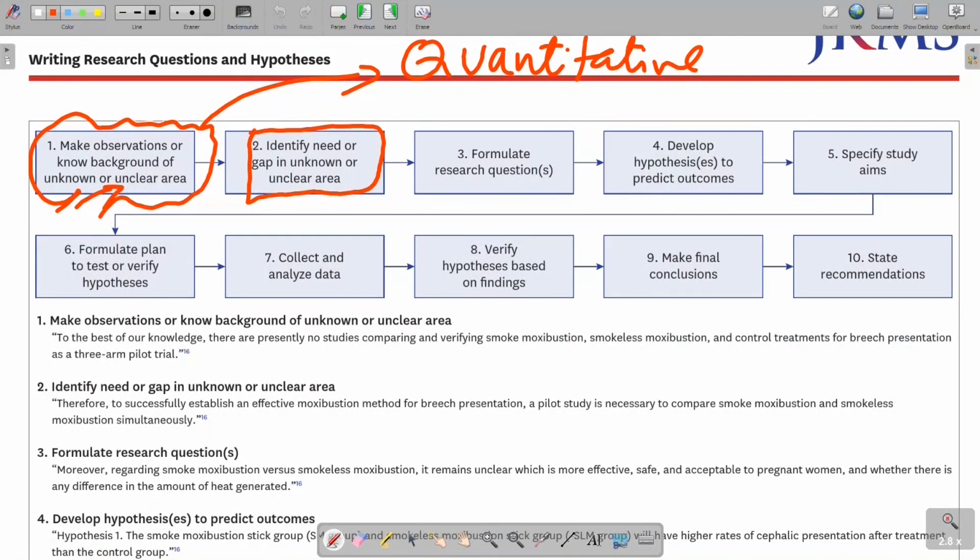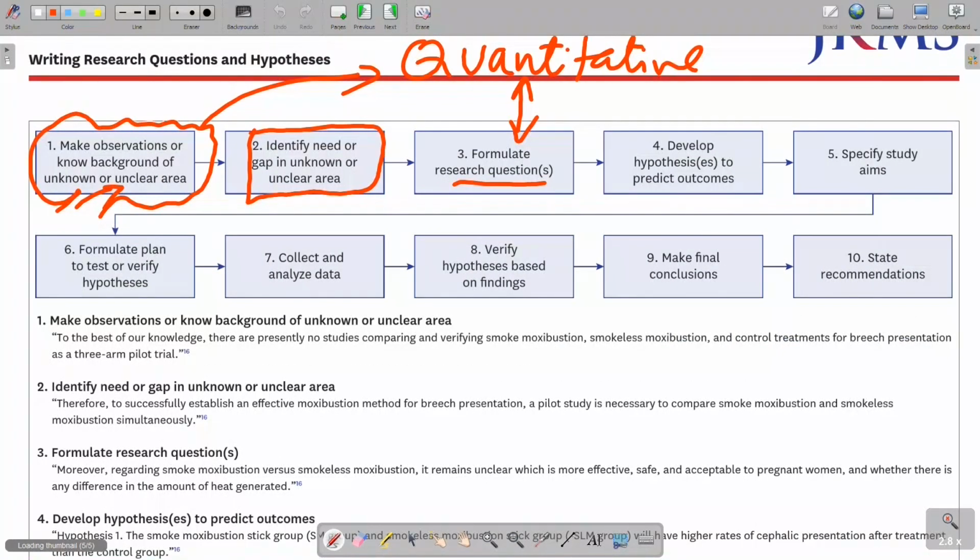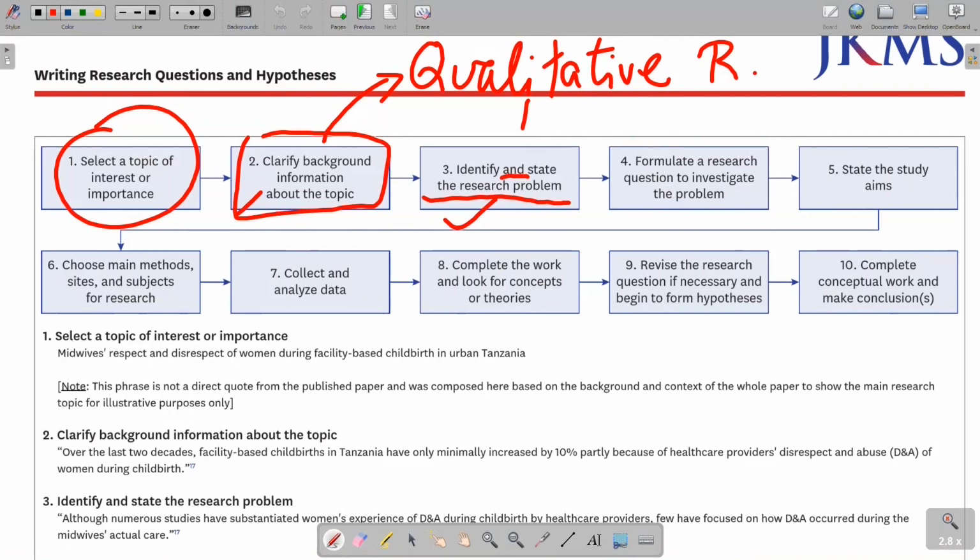Third step, formulate research questions, quantitative. Formulate research questions there. When we see qualitative research, identify and state the research problem here. Again, going back to the quantitative research, develop hypothesis to predict outcomes. Develop hypothesis now in quantitative research, whereas what you do in qualitative research is formulate research questions to investigate a research